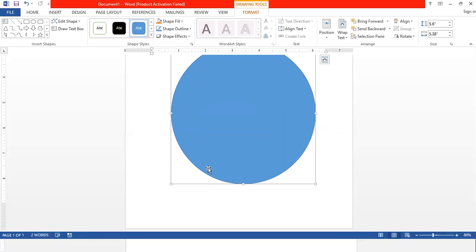So in this class we have learned how to insert pictures, text box, and shapes, and these all were the objects. Now one thing you may have noticed, all the objects which we have inserted till now, they all are available in the insert tab only. So approximately 99% of the objects of MS Word application are available in the insert tab only. So whenever you want to insert an object, you just need to go in the insert tab. So in this class, till this much only. In the next class, we will learn some more tools for formatting the objects.